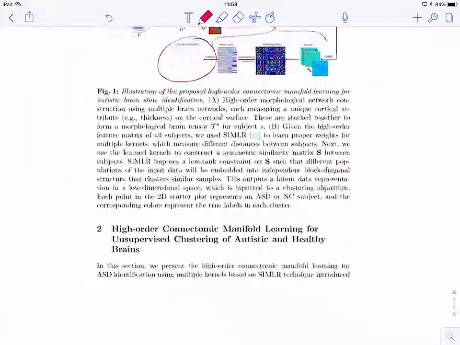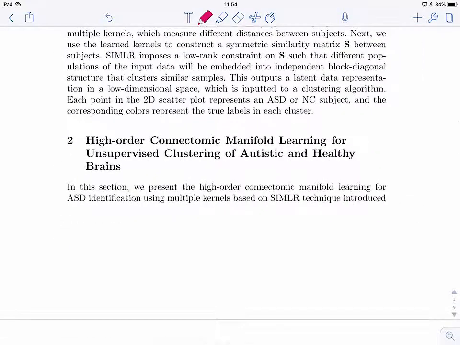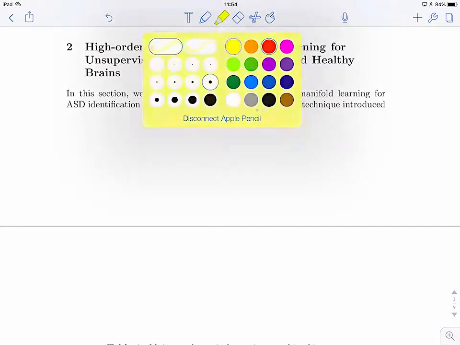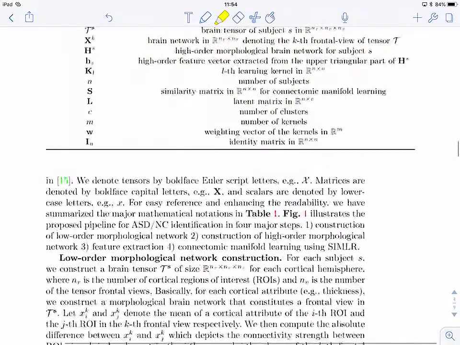Now, in part 2, generally this section 2, you can name it using your method, or you can just call it methods, right? It depends on the journal template or the conference template. But in this example, this is the beginning of section 2, the method section. And in the beginning, we say we're presenting our solution, right, using this technique. And after that, here are a few mathematical notations,